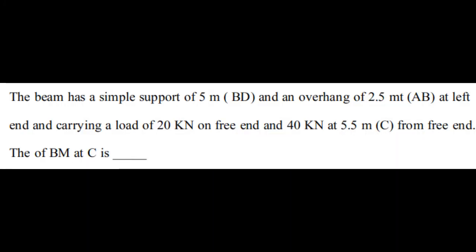Let us see another question. The beam has a simple support of 5 meter BD and an overhang of 2.5 meter AB at left end and carrying a load of 20 kilonewton on free end and 40 kilonewton at 5.5 meter within bracket capital C from free end. The bending moment at C is,